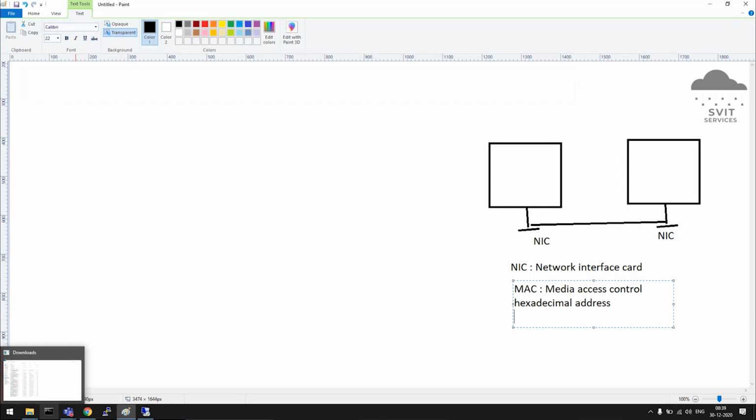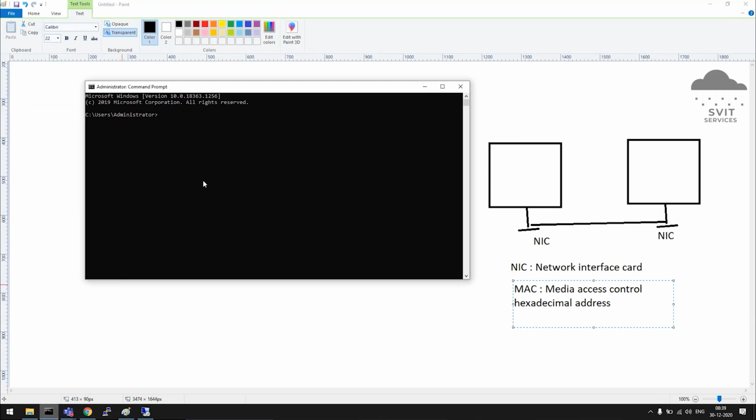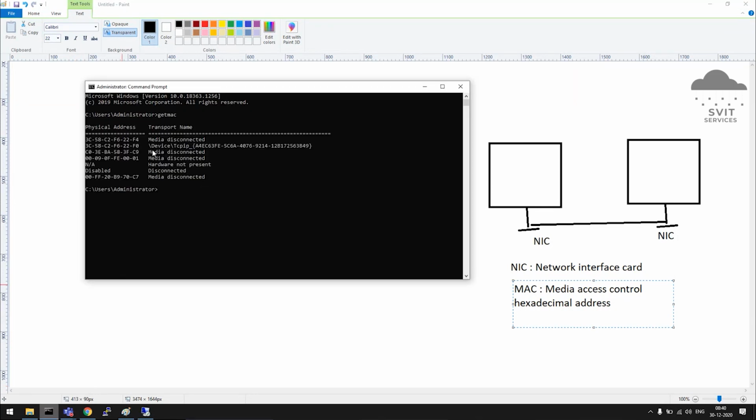If you open command prompt on your laptop and type getmac, you will get the MAC address of your NIC card. Every laptop has one NIC adapter, right, where we connect the internet cable. That adapter comes with an inbuilt address called MAC address, media access control.